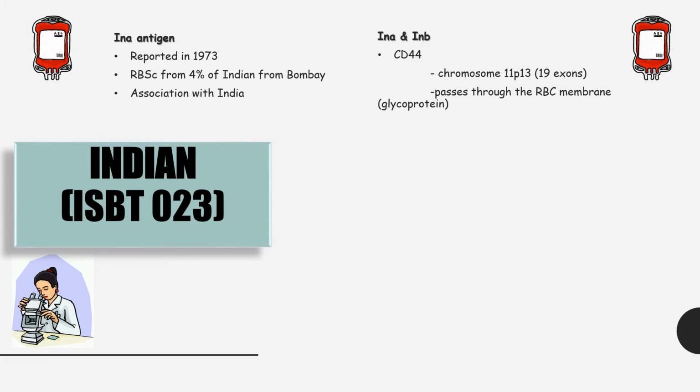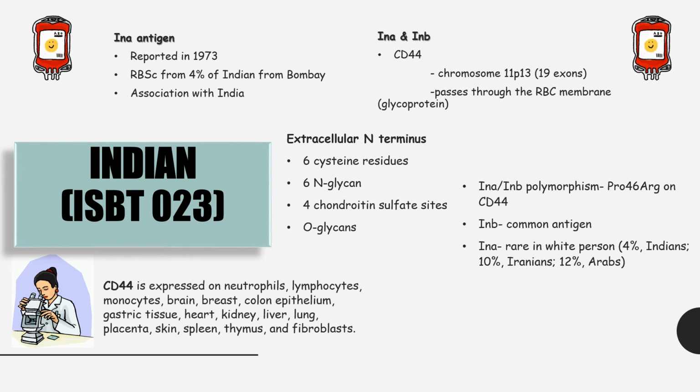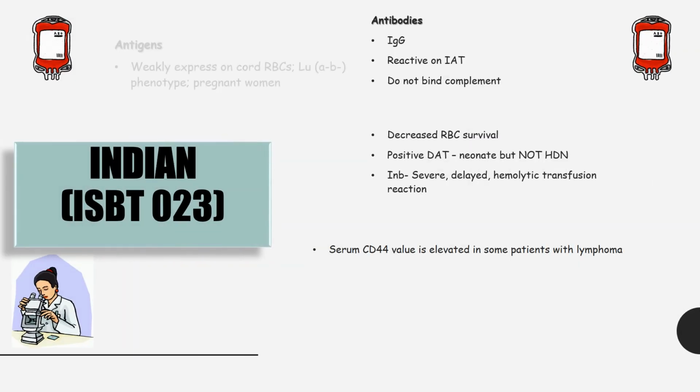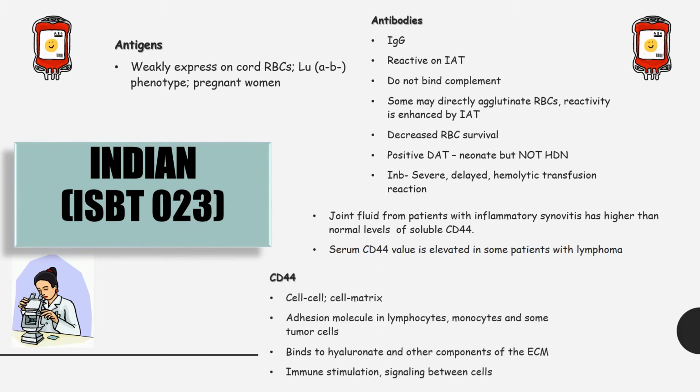CD44 is expressed on neutrophils, lymphocytes, monocytes, brain, breast, colon, epithelium, gastric tissue, heart, kidney, liver, lung, placenta, skin, spleen, thymus, and fibroblast. The antigens are sensitive to treatment of RBCs by proteases and dithiothreitol, but resistant to treatment with sialidase and acid. Indian antigens are weakly expressed on cord RBCs as well as on RBCs from people with the dominant Lutheran phenotype